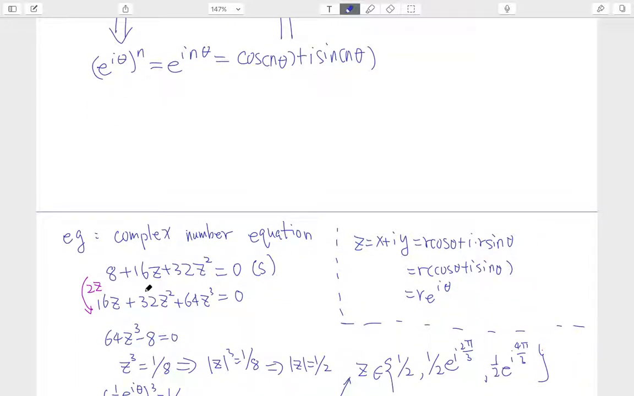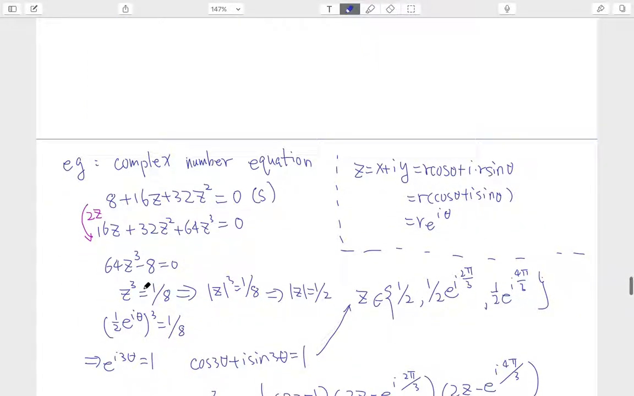Another usage is we can solve some equations involving complex numbers. I've listed an example here. This is the equation we would like to solve, the original equation, where z is a complex number. So before we actually solve that,